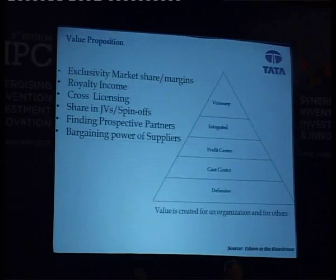When we talk about value creation or the value proposition, most of the time we always revolve around exclusivity. Of course, that is the primary objective of IP. But in today's fast evolving technology landscape, claiming exclusivity based upon 1 or 2 or 3 or 4 patents is just rare. It may happen in pharmaceutics, but in other spaces, the hotspots of technology are well spread over the world. So it's very important to understand what other options IP can offer in creating